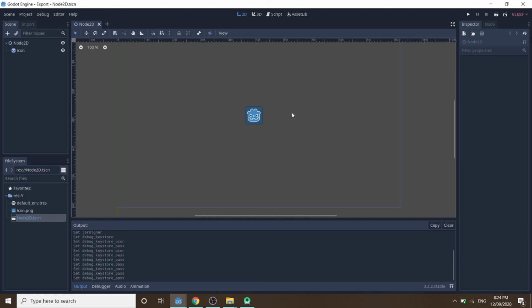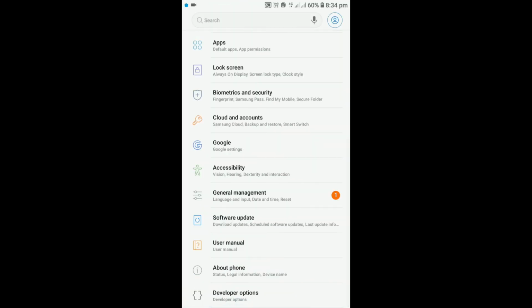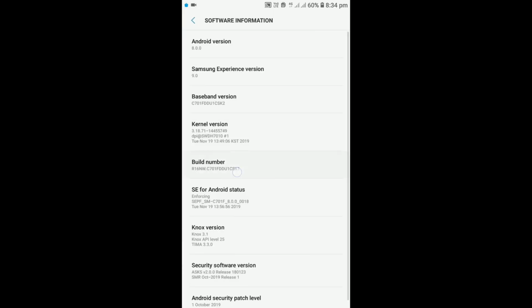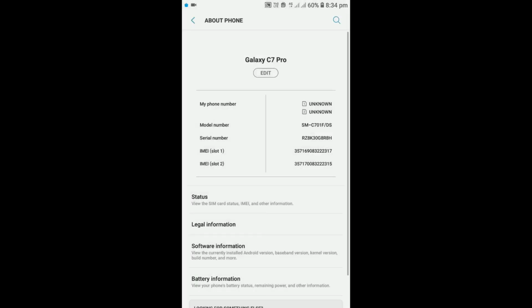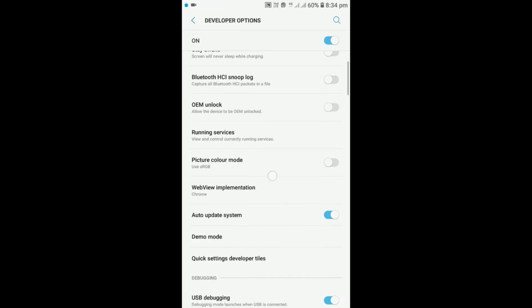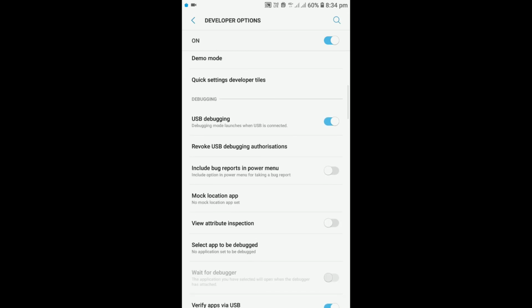Now for a while I will be switching to my Android device. There you need to change two settings. First, enable developer mode. For that, go to About Phone, Software Information, and click on the build number multiple times. Now you have unlocked developer mode. Mine was already unlocked. Now go back to Settings, go to Developer Options, go all the way down and search for USB debugging. Turn that on.